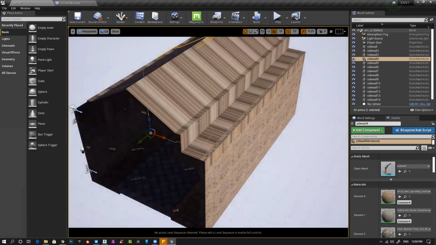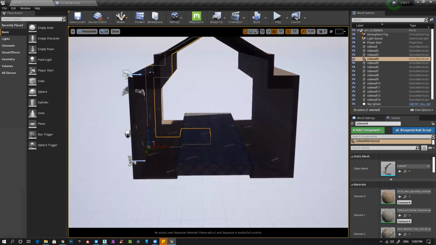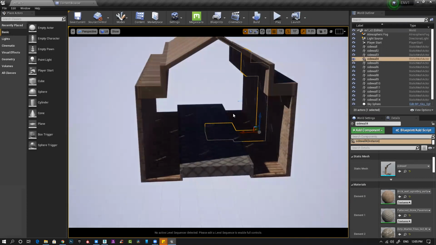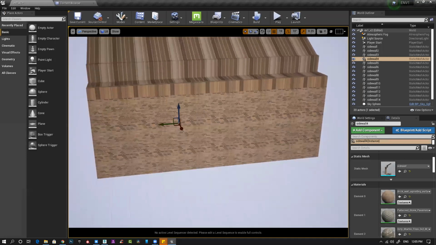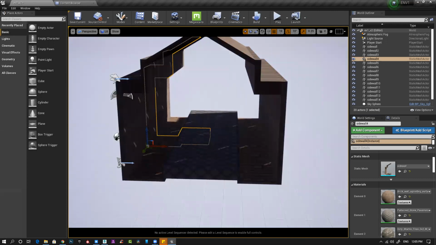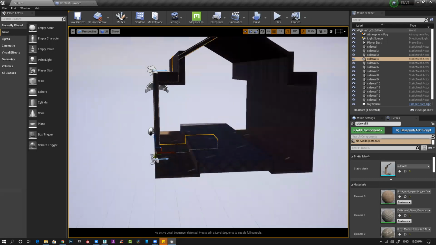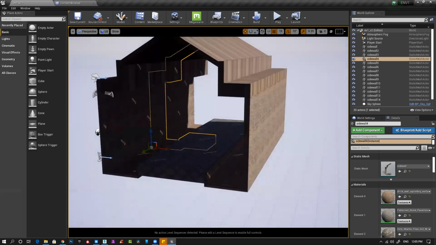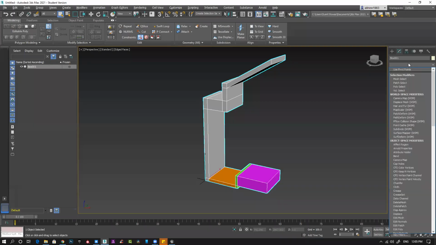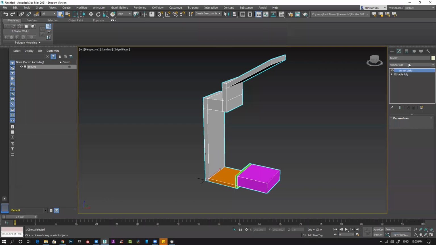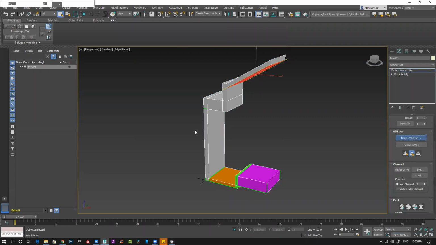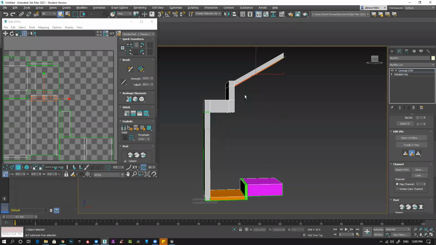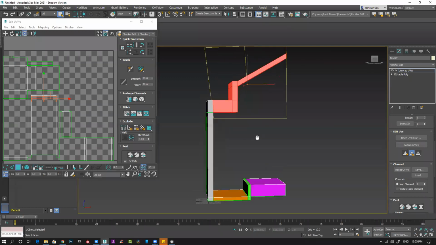This UV is not right because I haven't done the UV, so it looks like this. So no need to worry about that. So I can create this thing very easily. If I want to create some gaps, some lights, some other things, I can do that also very easily. Let's go and use UV. Oh, sorry. UV editor. I have to select this section.